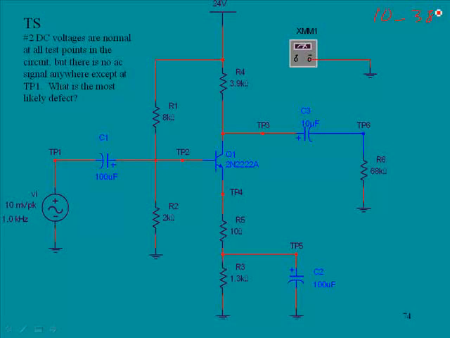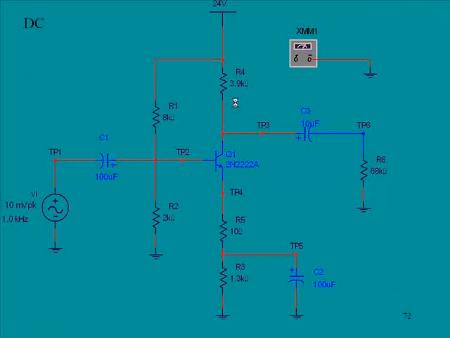Okay, let's see. Here is the circuit. Again, this is the same circuit. This is 10-38, and here is the problem. Number 2, DC voltages are normal at all test points in the circuit, but there is no AC signal anywhere except at test point 1. So all the DC is normal. So what do we get? About 4.8 here, and what, 4.1 here, and something. What did we have? Let's see. When we did our DC evaluation, we had 11.7